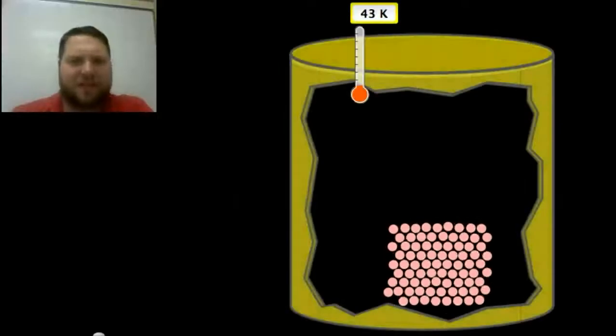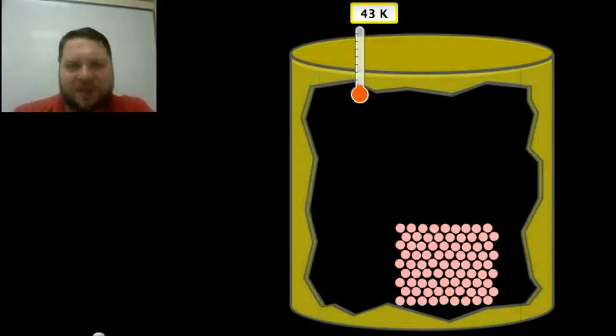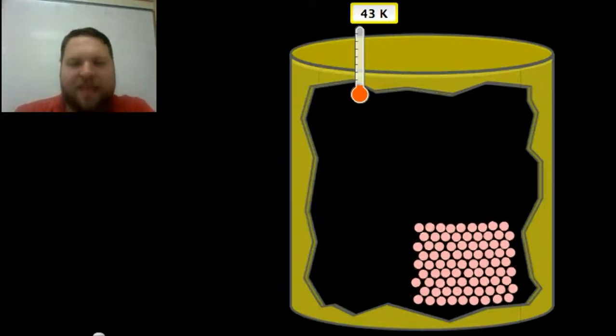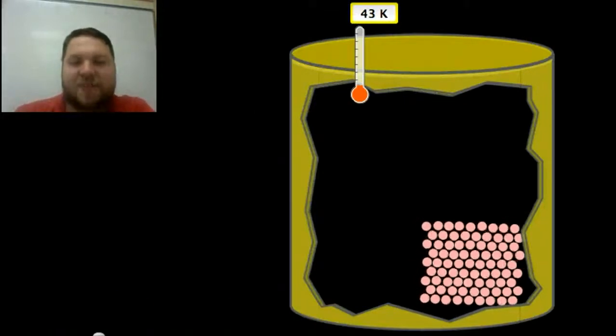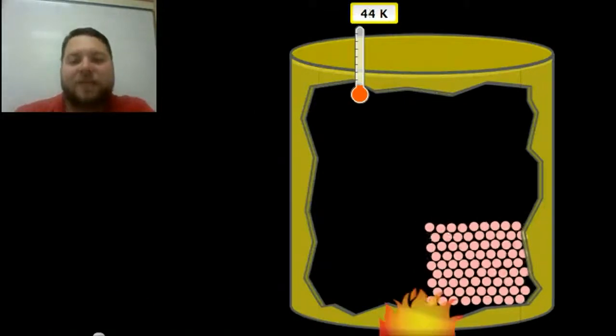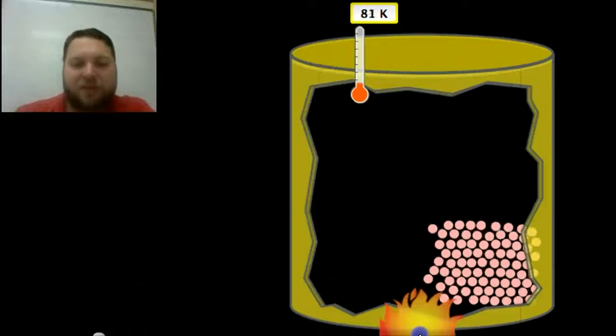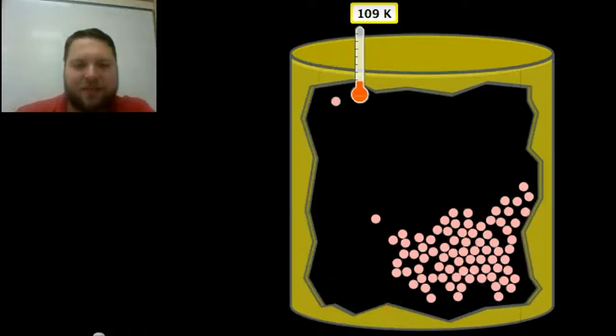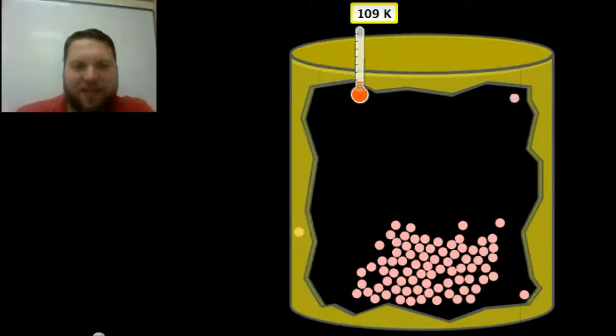Alright guys, let's go crazy. Here I've got some solid argon in my little phases of matter simulator, and I'm just going to add some heat to it and let's see what happens. So we know that those particles should start moving faster and faster, and at some point they'll become a liquid. So I think we've got that now.